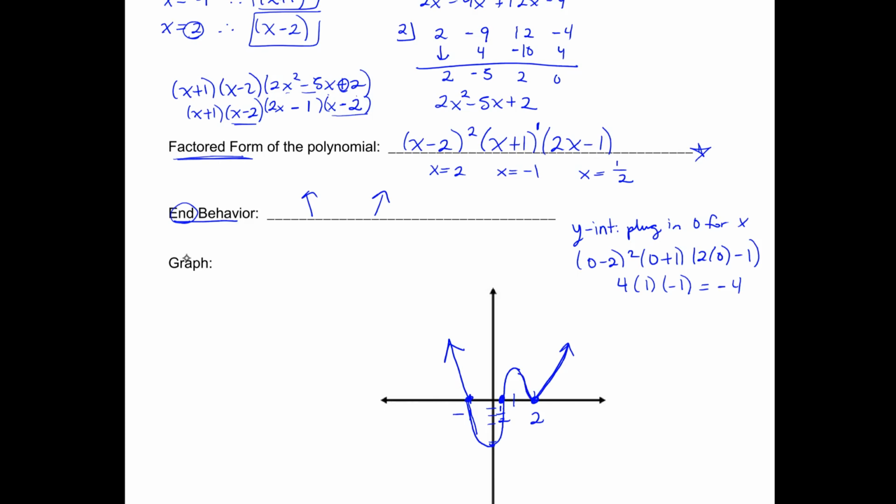Good stuff, right? All come together? All right, that's